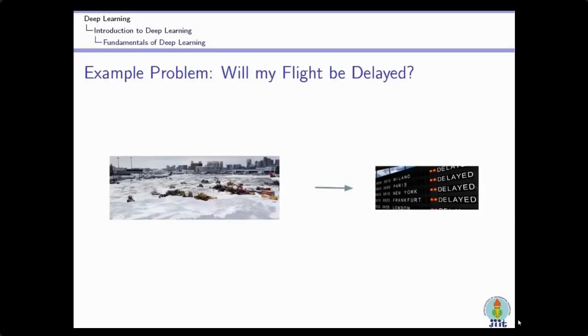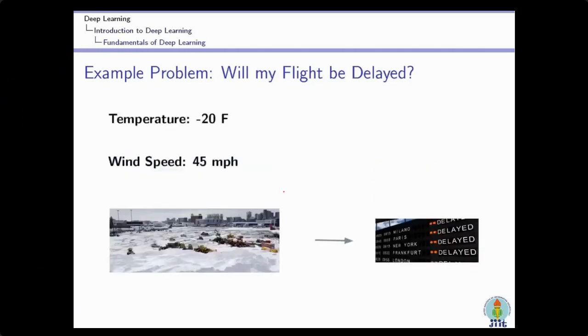So let's take a very simple example to understand the fundamentals of deep learning and how we are going to perform the training. We have a binary classification problem: I have to design a system that will tell us whether my flight will be delayed or not. So it is a binary classification. I will give some environmental conditions as input, and on the basis of those conditions, my system should give the output whether my flight will be delayed or not. For this problem, I have to design a deep neural network type system. So what can we do?